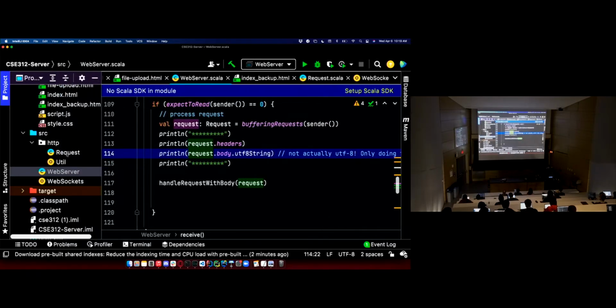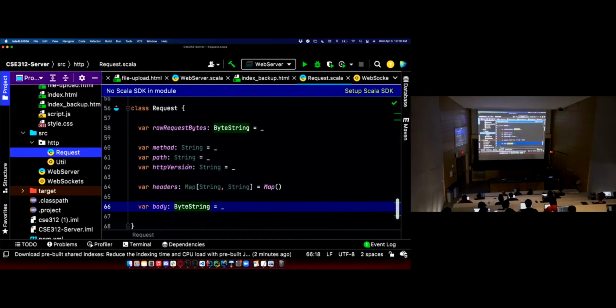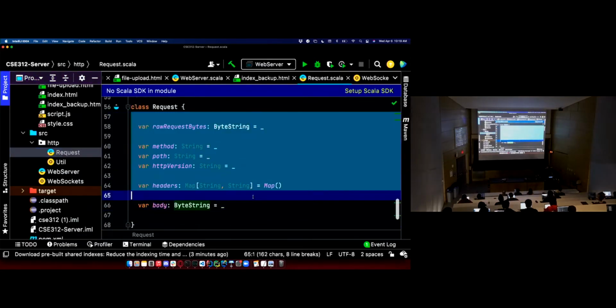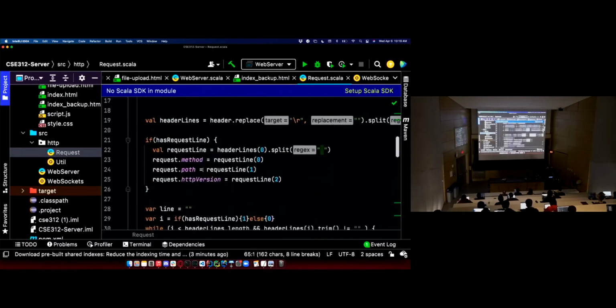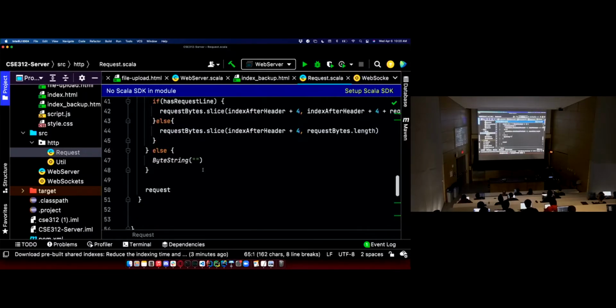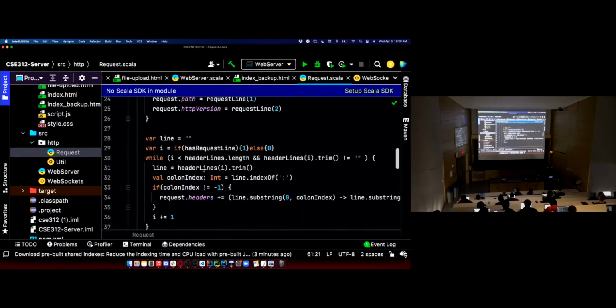And I did a similar thing. I don't have as nice of a setup as the Python server, but the request class is going to have all these state variables. The request object is going to do all the parsing. Same stuff you've done for several homeworks here.